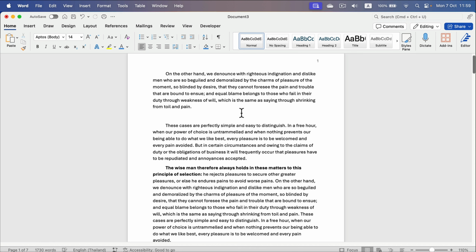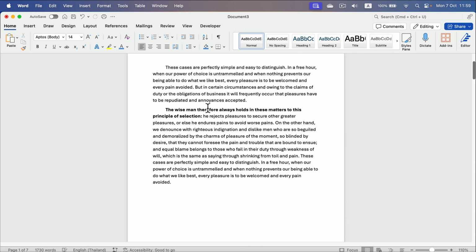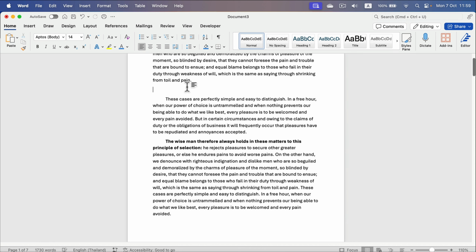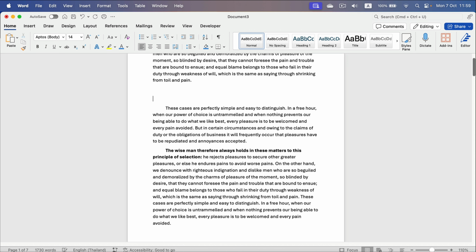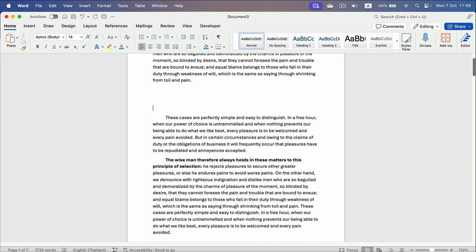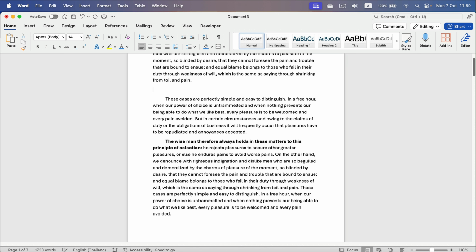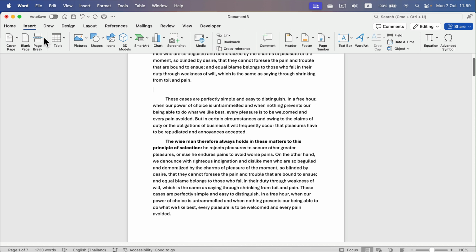So there are two main ways. One way of adding a page is to kind of force the text down by adding blank lines with enter, with return. But that's not a recommended method. Actually, there's a special tool. If you go to insert, you can see you can insert a page break. That's the tool for breaking a page and adding a new page forcefully. If I click this,